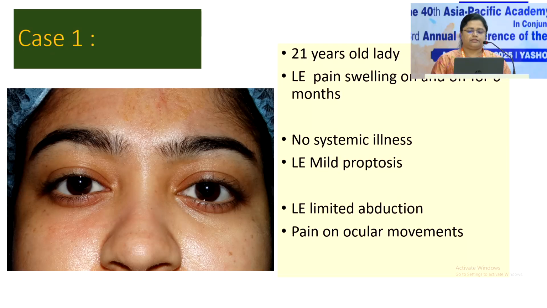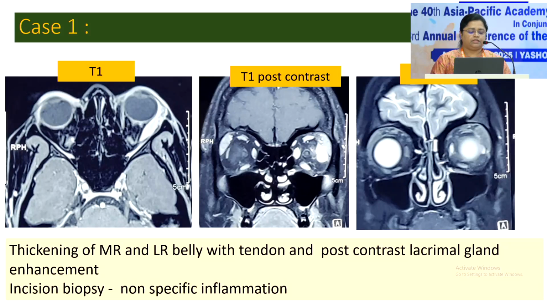The first case is a 21-year-old lady who presented with swelling on and off for 6 months. There is no systemic illness. She has no thyroid illness. There is mild proptosis. On examination, she has mild limited abduction, and there is pain on ocular movement. On CT scan, we can see there is thickening of the medial rectus and lateral rectus belly with the tendon